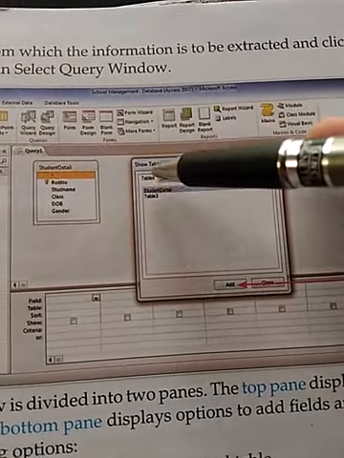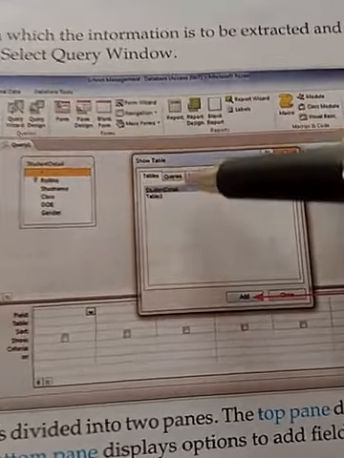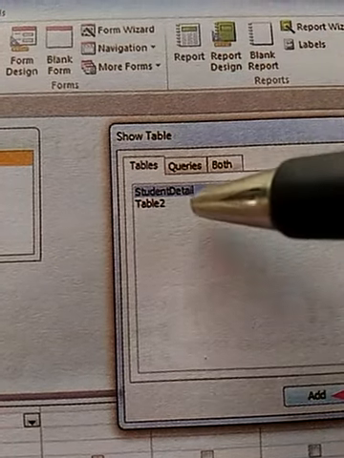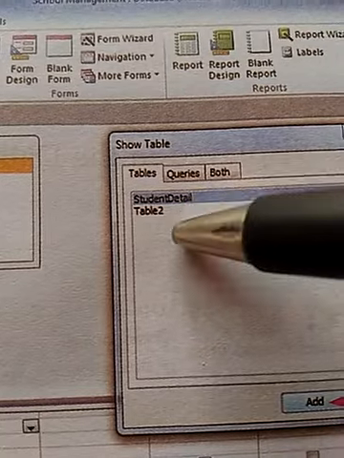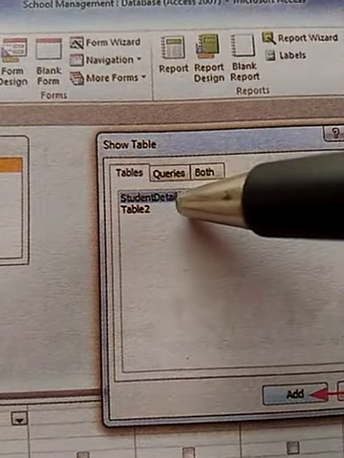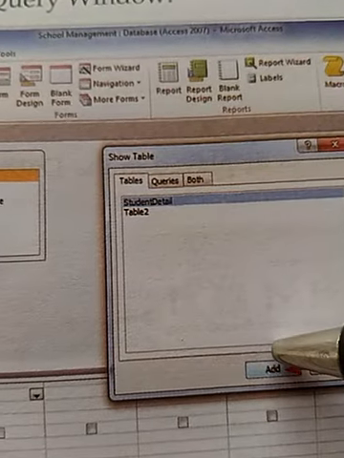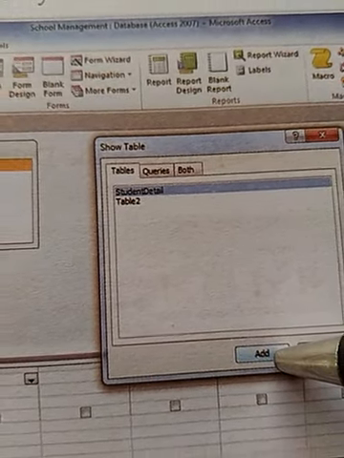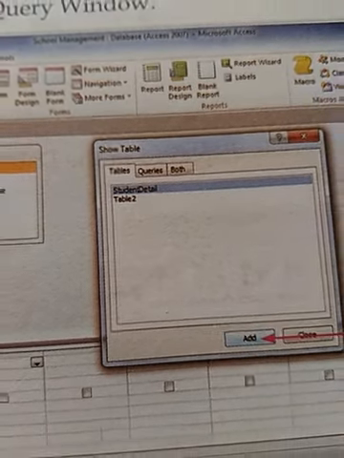Right now we have, suppose, two tables. One is, let us say, student details, another is table 2. We want to make a query from student details, so just select this table and click on the add button. As soon as you click on the add button, the table will appear in the working area like this.